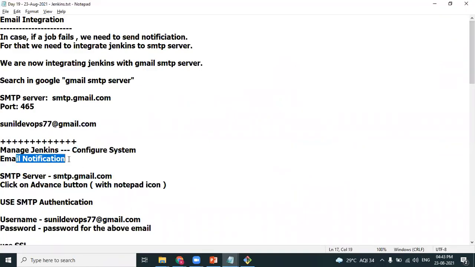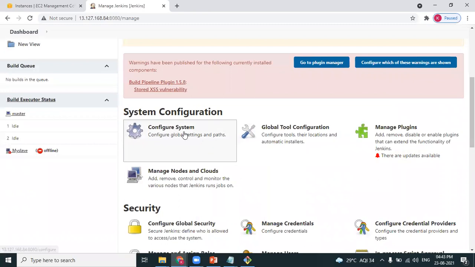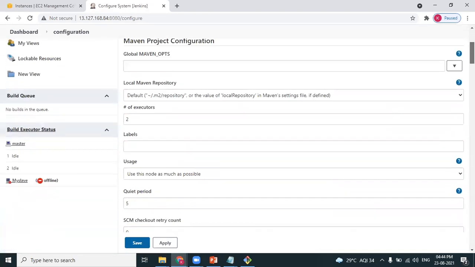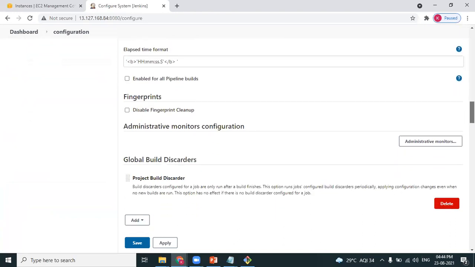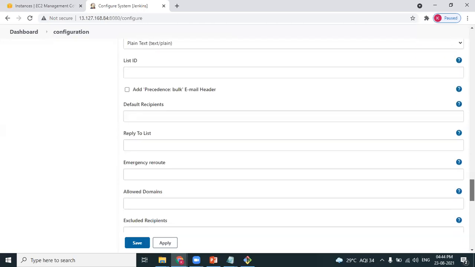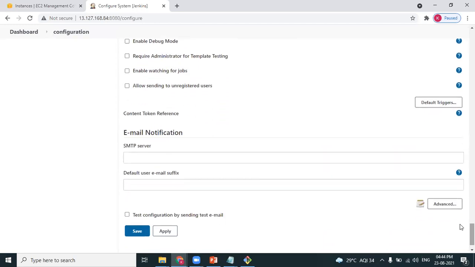Under Configure System, scroll down at the bottom and you'll find Email Notification. Here you have to provide the details.